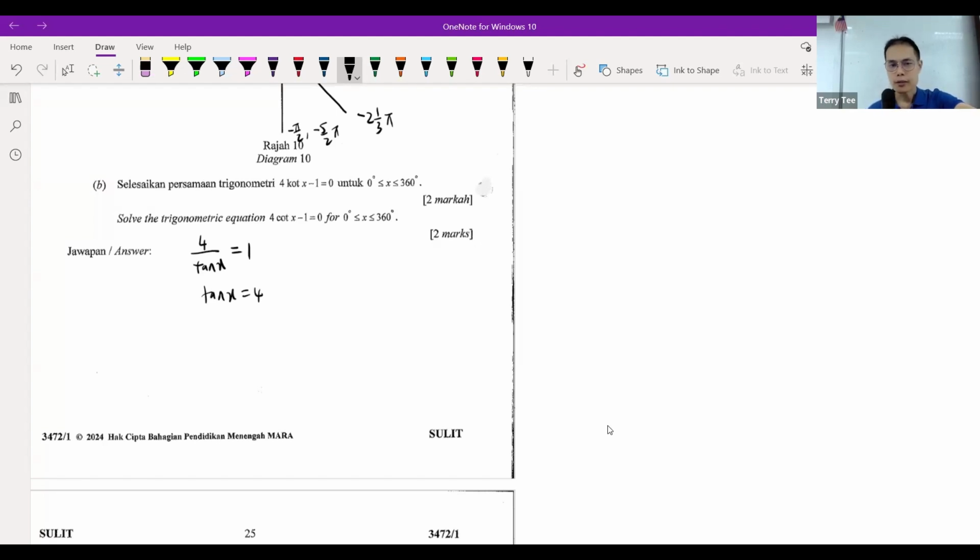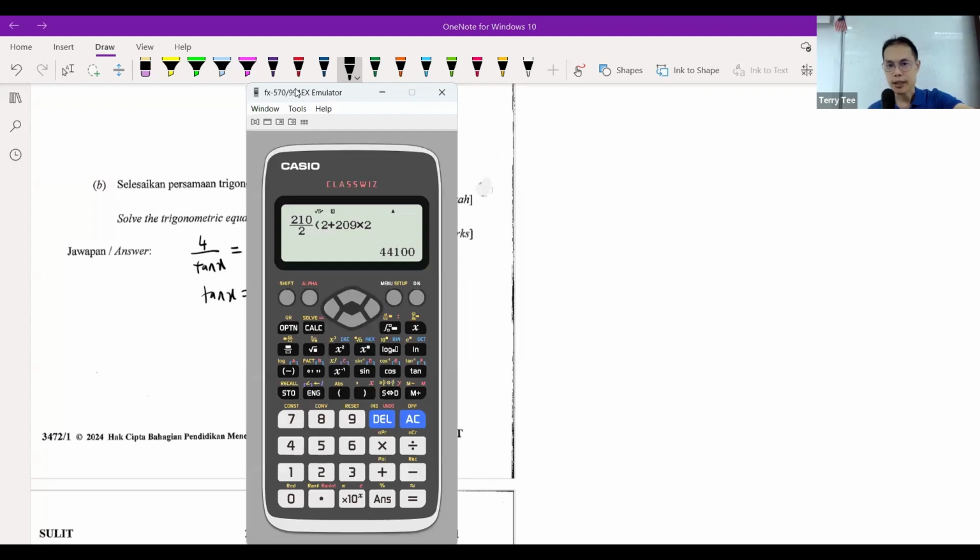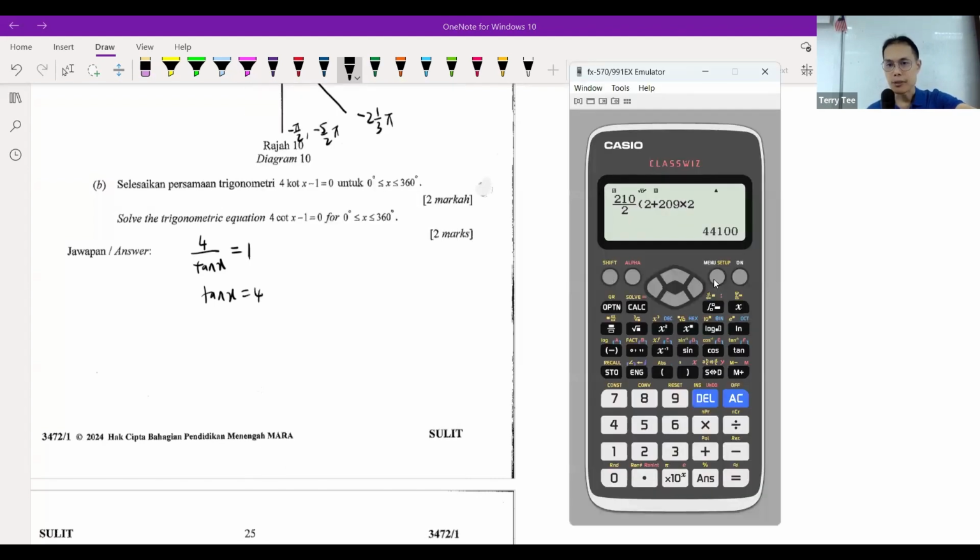When you want to find x, you need to first find the reference angle. This is in degrees. Make sure you change your calculator mode to degree mode. Shift tangent 4, you should get 75.96. Usually for angles in decimal degrees, we use correct to 2 decimal places, 75.96. So your reference angle is